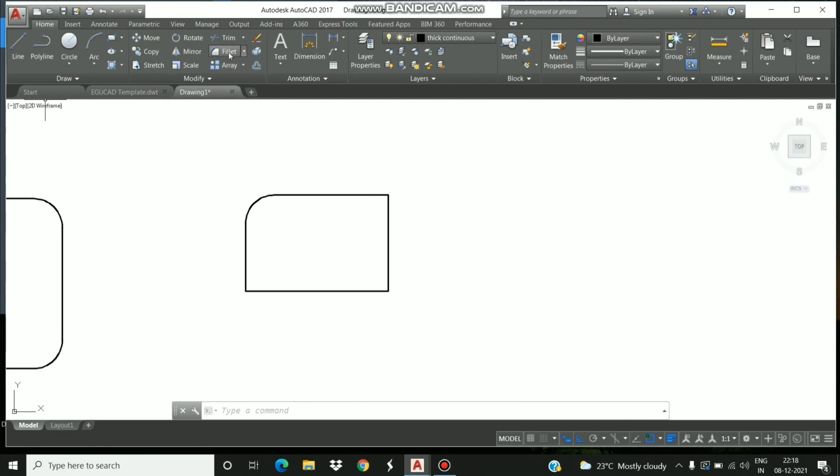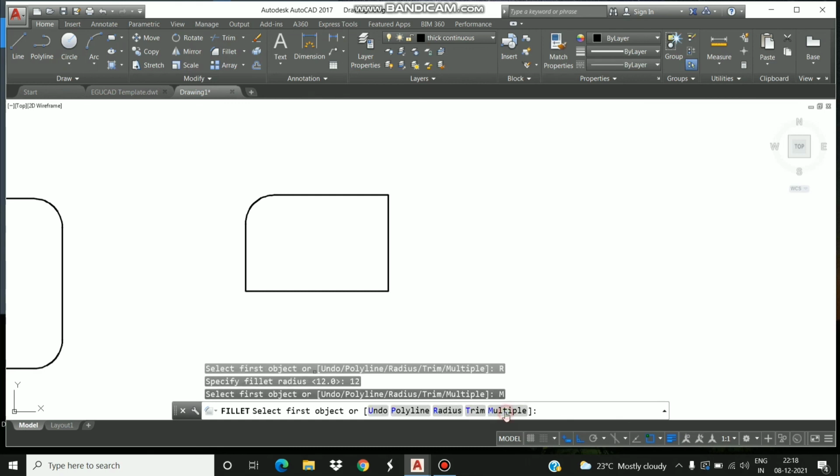But when you are doing this using the multiple method, 12, enter, click on the multiple, click here, then click here. Now if this step is wrong, you can directly click on the undo option. So this step will be undone, and the previous method will be removed. You can again click on undo to remove the previous step. So this is the part of the fillet method.